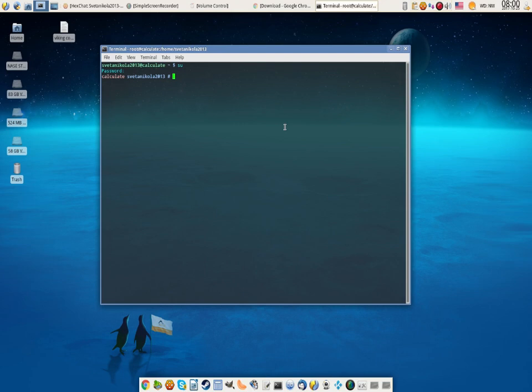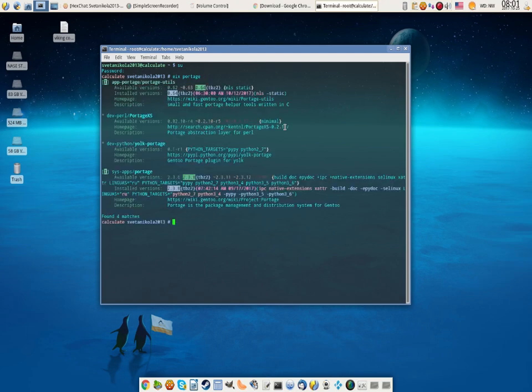Now, we're going to search for the package first, and the command for that is eix portage. When we hit enter, remember we are in the sudoers root mode. The first result that pops up says app-portage/portage-utils. This result says that the package is there in the repository on the server that was already chosen by you or by default with your installation.